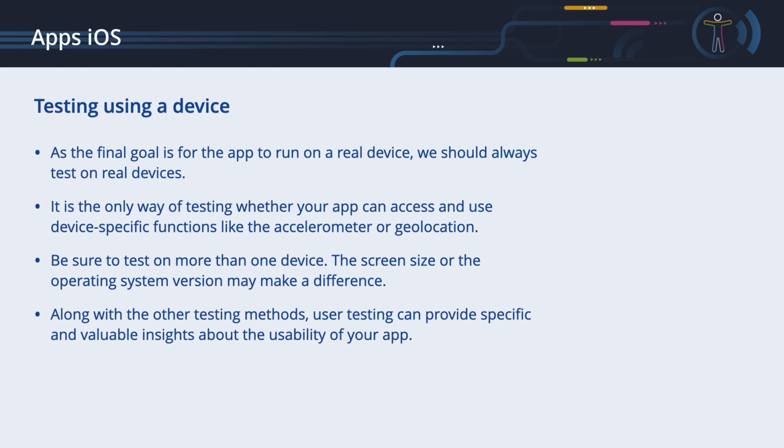If you are able to install your app on real devices, why not invite potential users to test it? Along with the other testing methods, user testing can provide specific and valuable insights about the usability of your app. Apple's App Store environment offers the possibility of distributing pre-release versions of the app to a specific user group. For practical tests, you need to know how the accessibility features of the operating system work. If you are not sure, please refer to the Assistive Technology iOS chapter. If you do not know how to operate the screen reader, please consider studying the Screen Readers iOS chapter.